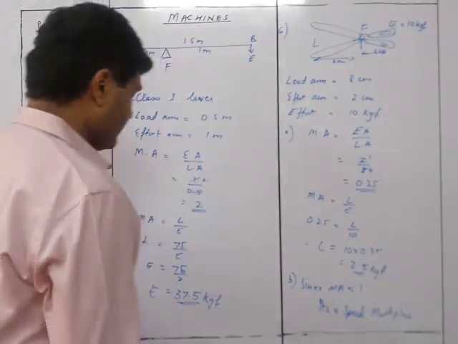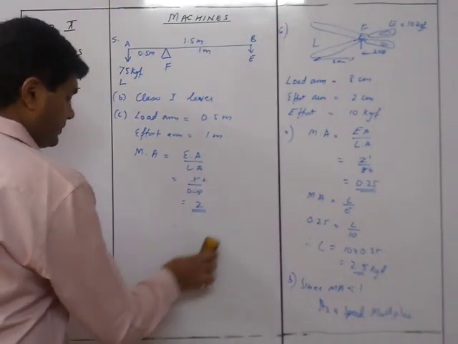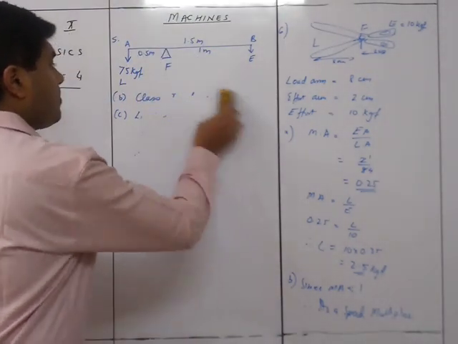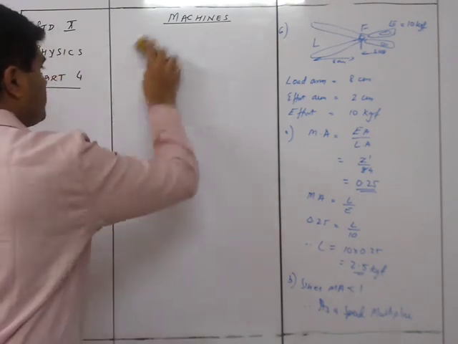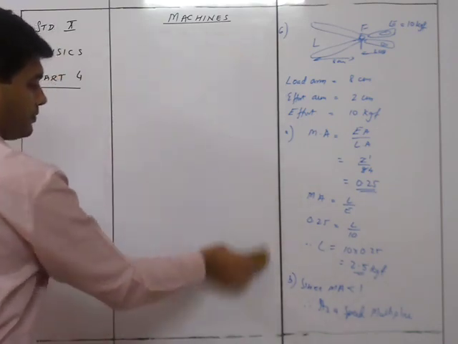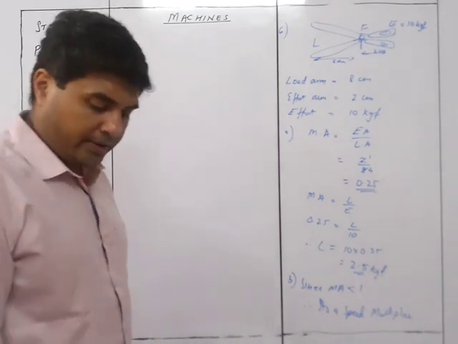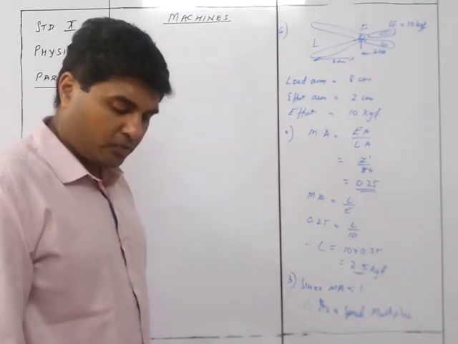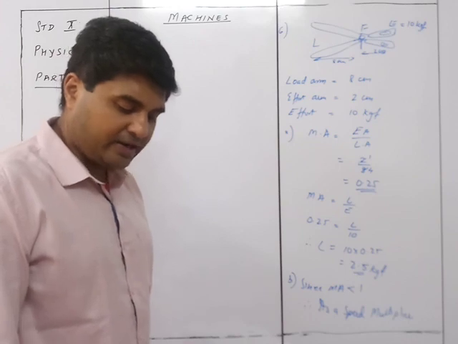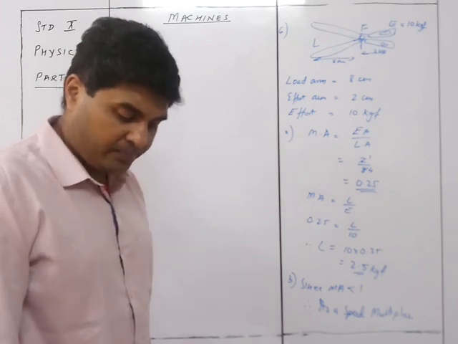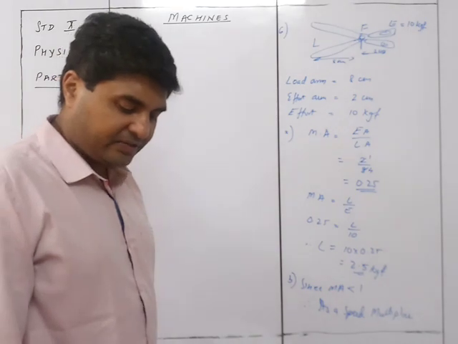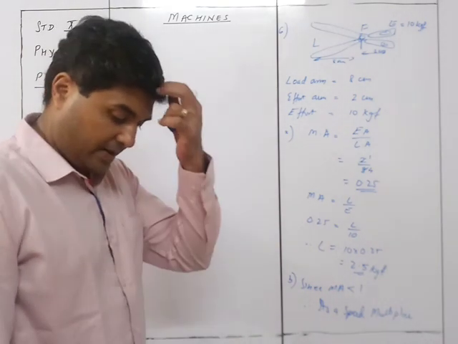We now move on to sum number 7. A 4-meter long rod of negligible weight is supported at a point 125 centimeters from its one end, and a load of 18 kgf is suspended at the point 60 centimeters from the support on the shorter arm.